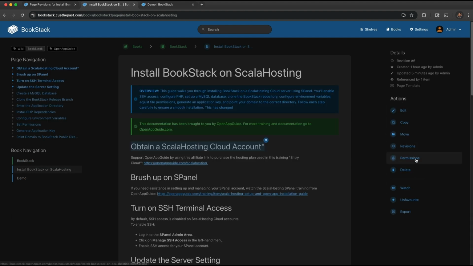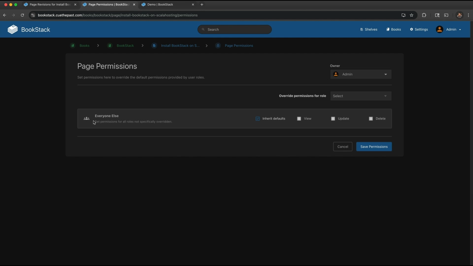Here on the right-hand side, I have the option to set the permissions for this page. You can set permissions on a page, chapter, book, or shelf level. So if I click on this, then you can see that everyone has the inherent defaults of this. The inherent defaults are set in the admin settings, but if I wanted to create some specific permissions for this